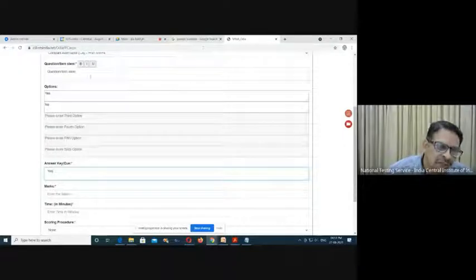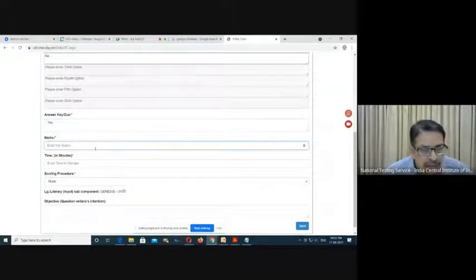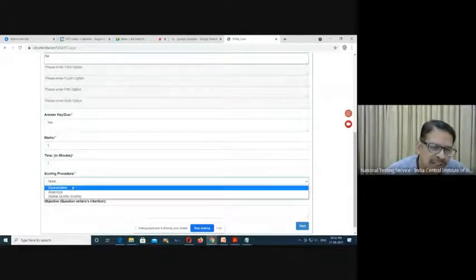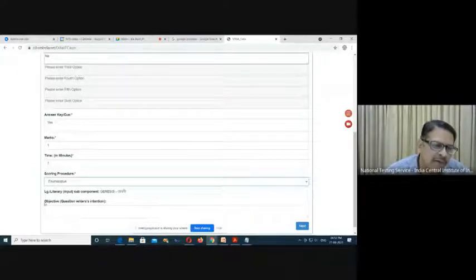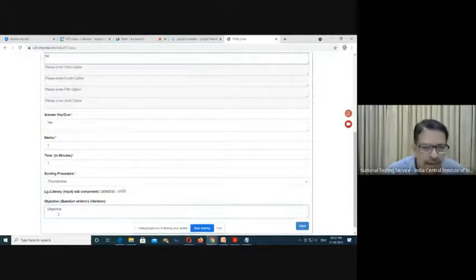For the constant alternative question, yes or no or true or false will be there. This carries 1 mark, and the student can answer this question in 1 minute, and the scoring procedure is enumerative. For the objective, the question writer's intention, Shakuntala madam has already explained, you need to type here. Then you click on next.